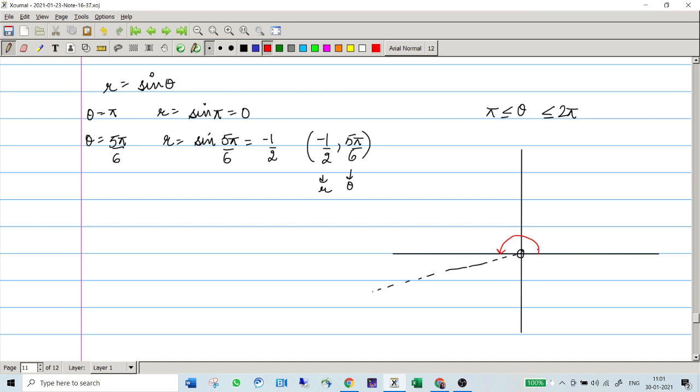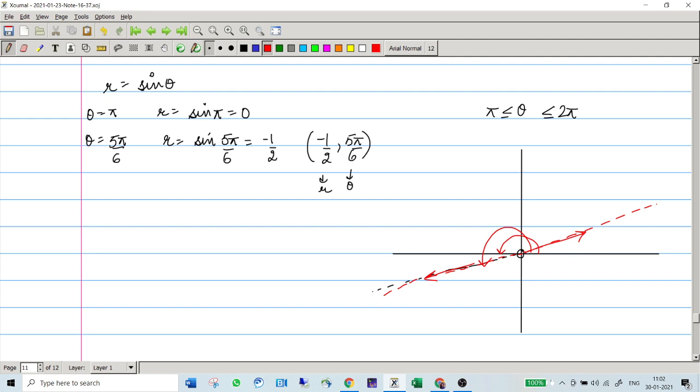So when you have your theta as 5 pi by 6, right now we are talking about this particular line. We need to travel along this line how many units? Minus half units. If we had to travel half units, we would have traveled in the same direction as 5 pi by 6 would lie. But because now we have minus half, we'll be traveling in the opposite direction. So the direction of 5 pi by 6 was this, and the opposite direction is going to be this, right?